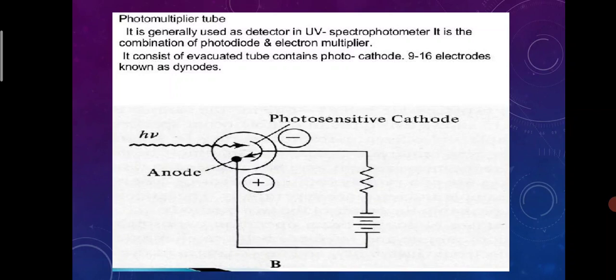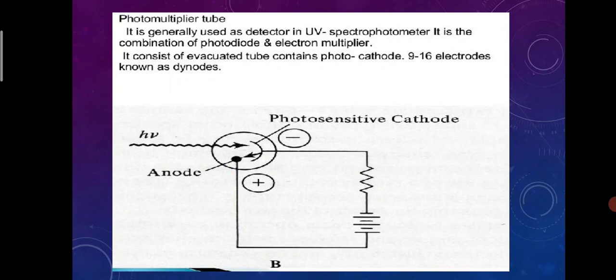It consists of an evacuated tube containing the photocathode and 9 to 16 electrodes known as dynodes. Here we see that the photosensitive cathode is fixed in it, along with the anode. The anode and cathode are arranged in a manner such that the light rays are fed in and analyzed. The light rays are converted into an electrical signal by using this cathode and anode, and the electrons are transferred between the cathode and anode,